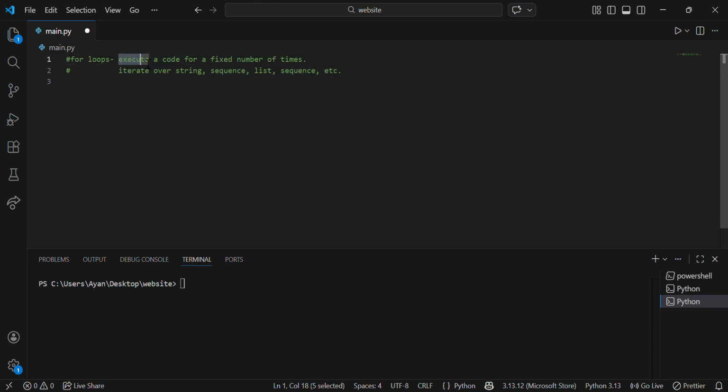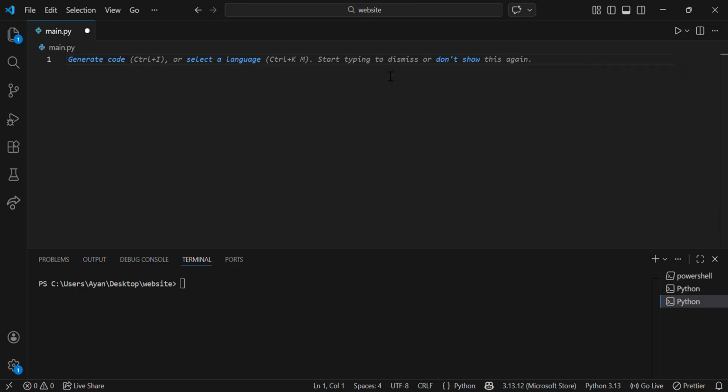Now for loops are used to execute code a fixed number of times. So you can define how many times you want something to be executed or printed. It is also used to iterate over a string, sequence, list, or any other thing, even a dictionary. So many things. Okay, so we're going to be starting with